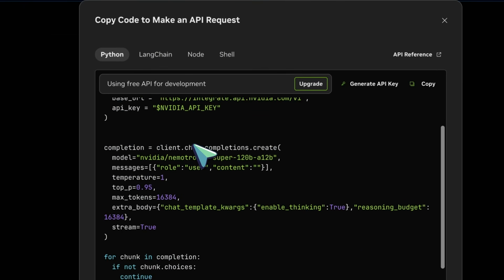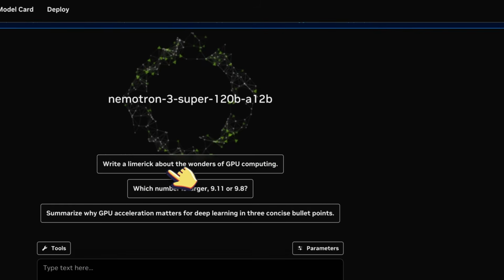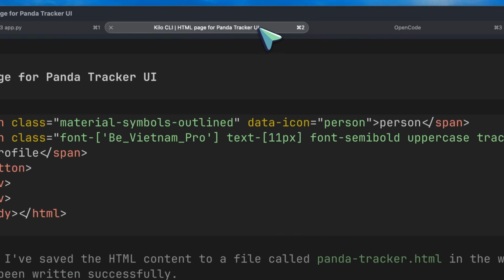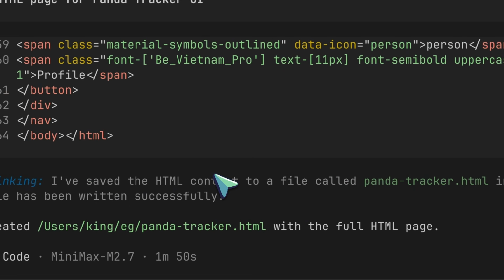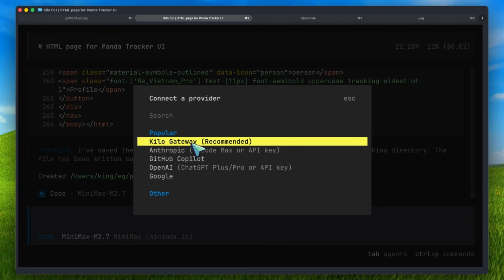The nice part is that Nvidia's API is OpenAI-compatible, so the base URL is integrate.api.nvidia.com/v1, and you use the normal chat completion style flow. That means if a tool already supports OpenAI-compatible endpoints, then generally you can just plug this in and start using